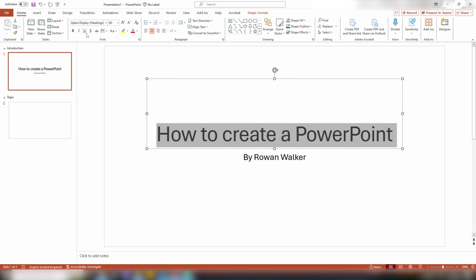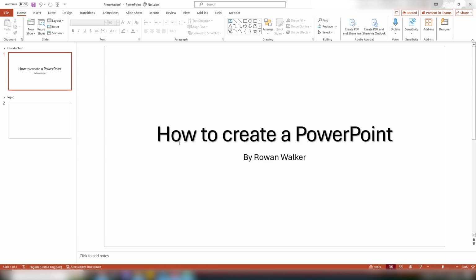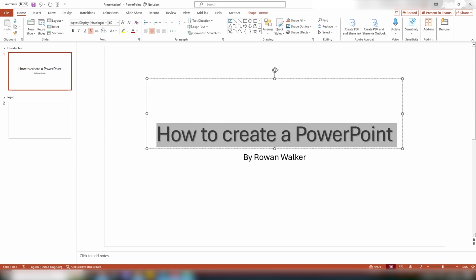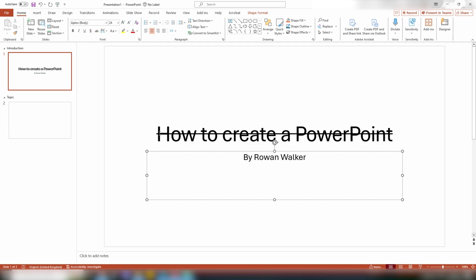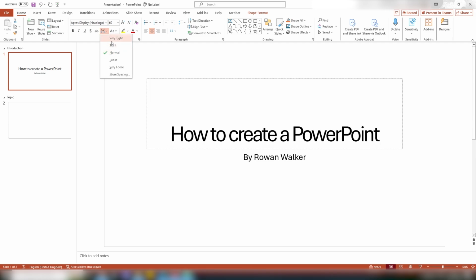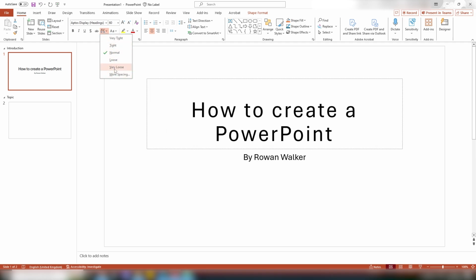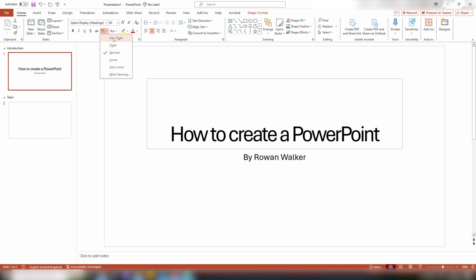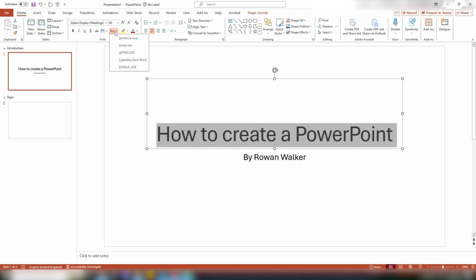We also have the styles of font, so this was referring to if you want bold text, italic text, underline text, and also if you want text shadow, which just adds a slight shadow underneath all of the letters or numbers that you're using. You can also use strikethrough, so you can have a line through words, and you can also control the distance between the letters as well. So maybe you want more space in between the letters, maybe you want it very tight, and then you can also